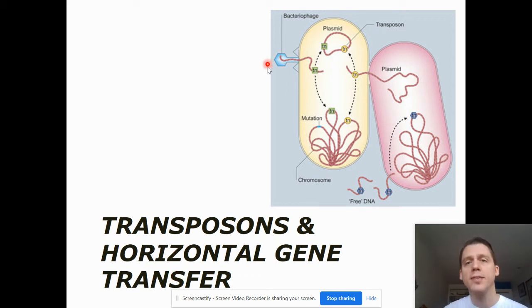For example, transduction. This bacteriophage is infecting a bacteria, and therefore it might change its genome. That was transduction. That's a type of horizontal gene transfer. Conjugation, you see that here, sending one plasmid over from one bacteria to the next. That's another type of horizontal gene transfer. And then also taking in free DNA was a type of horizontal gene transfer. Now we're going to talk about transposons today, which will go with virus, and this is another way of mixing